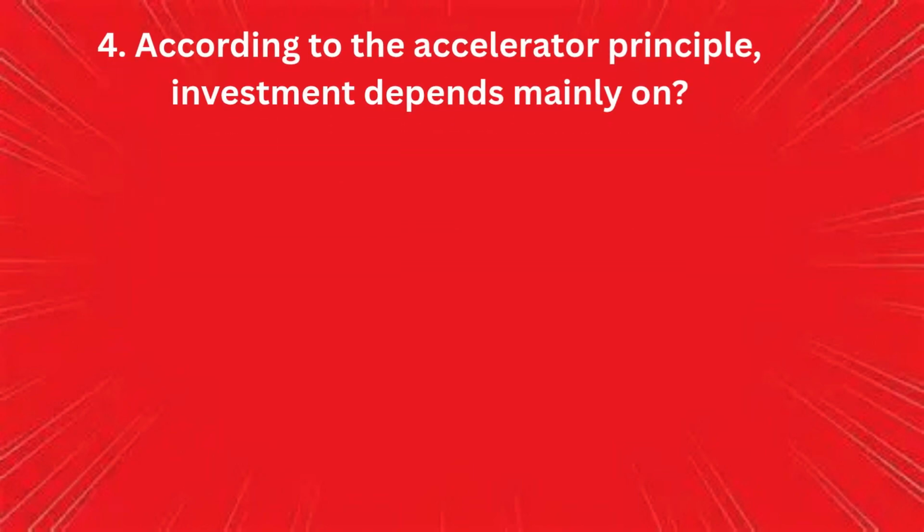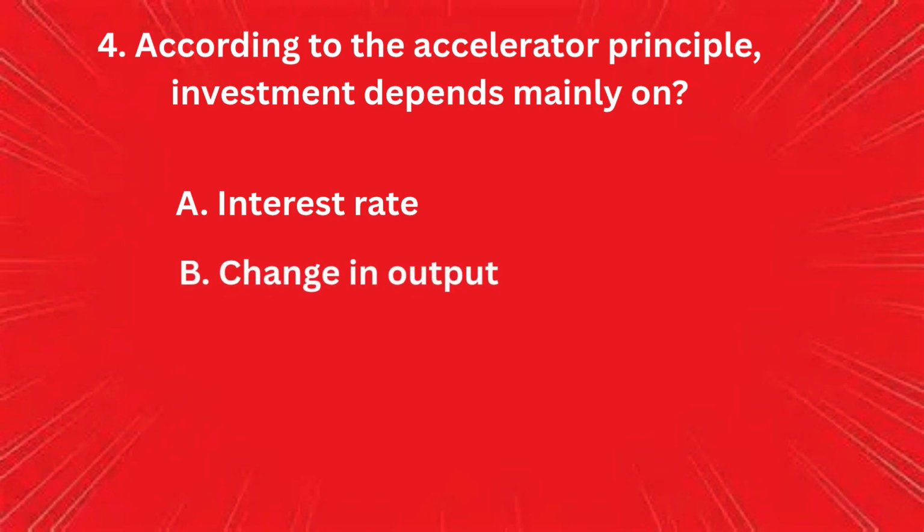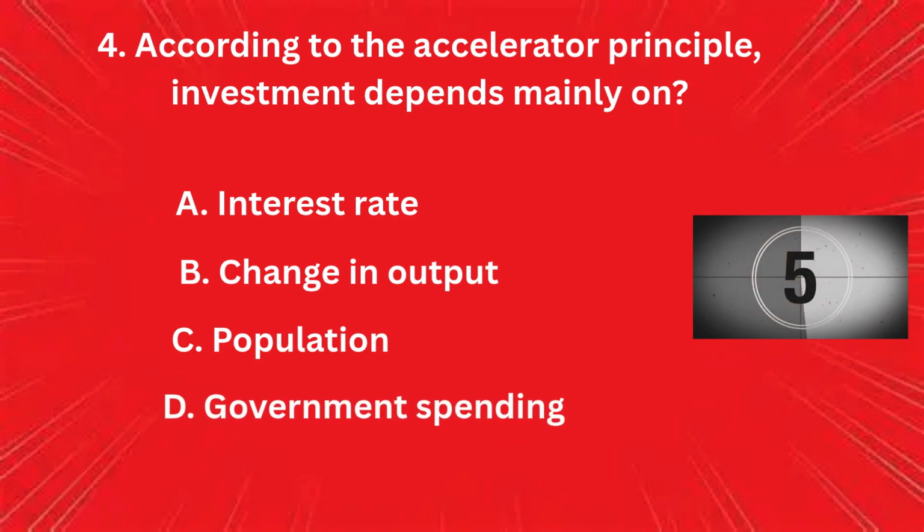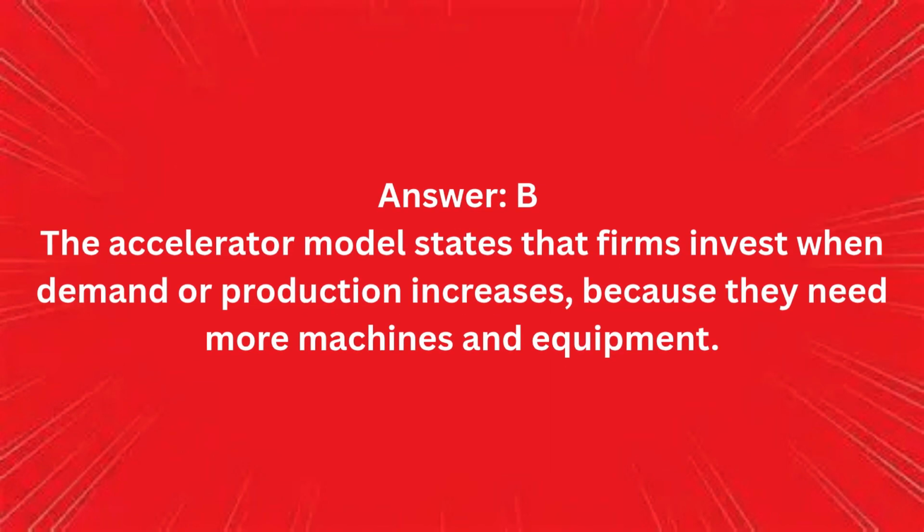4. According to the Accelerator principle, investment depends mainly on A. Interest rate. B. Change in output. C. Population. D. Government spending. Answer: B. The Accelerator model states that firms invest when demand or production increases, because they need more machines and